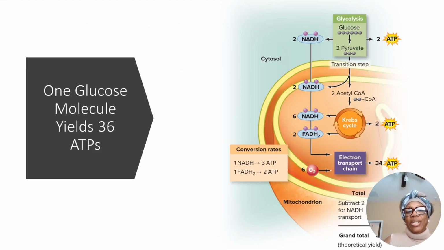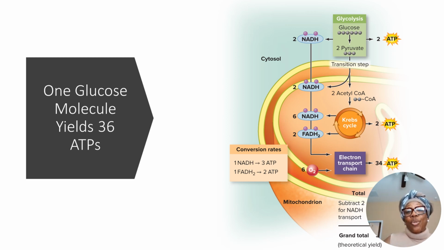And just in case I did not clearly state it, in the aerobic cellular respiration process, one glucose molecule can yield 36 ATPs, whereas glycolysis by itself will only yield 2 ATPs. Okay. And then those two ATPs will be used to convert pyruvate into acetyl-CoA, which now goes into the Krebs cycle, producing two more